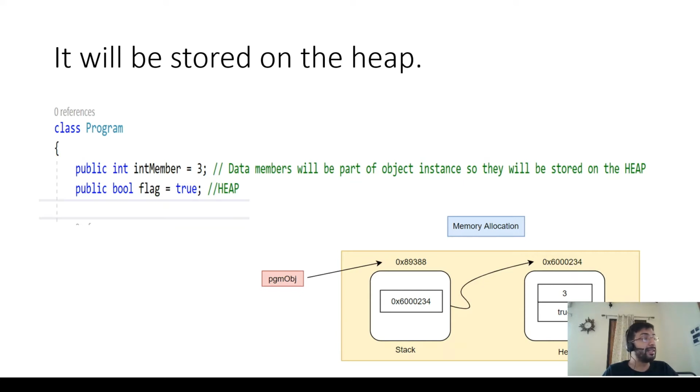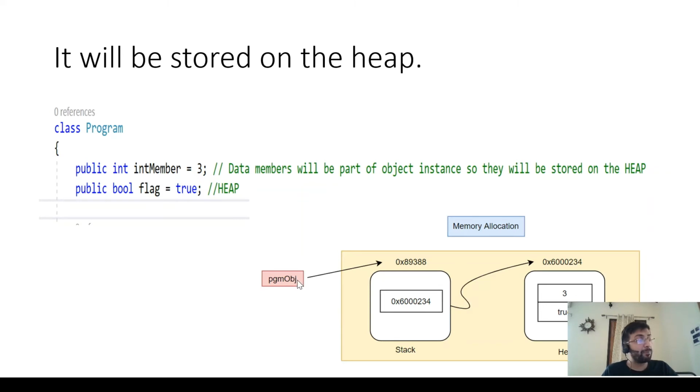The reason is that anything which is part of an object, the data members, will be part of an object instance, so they will be stored on a heap. Even though these are of value type, they are a part of an object, so they will be allocated on a heap. If you can see, I have a class with the name Program, and I have declared, for example, obj as the object of this class.